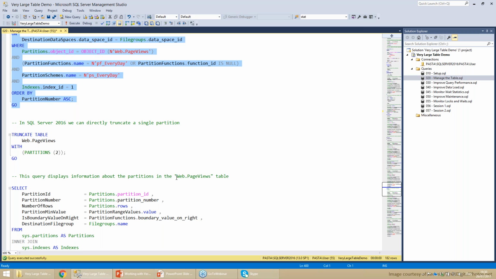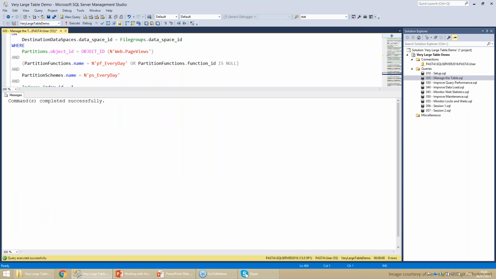A new feature in SQL Server 2016 allows us to truncate a single partition. So instead of creating a table, switching partition, and then truncating the other table, we don't need to do all that. We can simply truncate a single partition at a time in a single operation. So for example, here I'm going to truncate my table with partitions too. Okay, so I can truncate only the second partition, and this will replace everything that I did before, except for the merge, of course. I still need to merge the first 2 partitions.